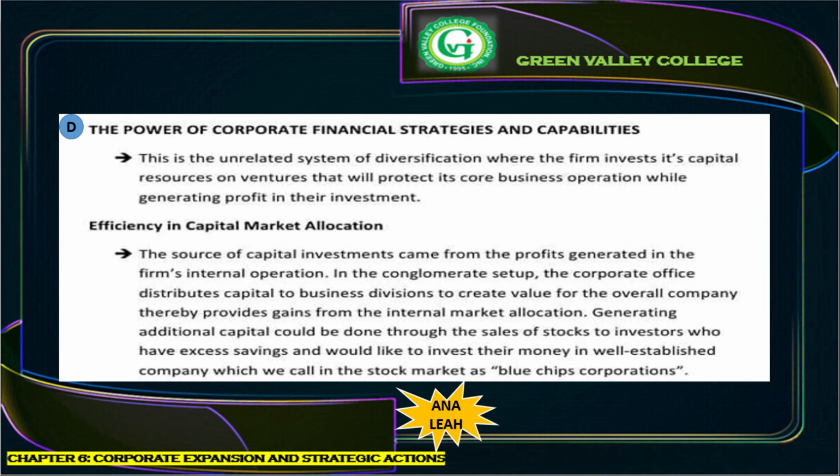Generating additional capital could be done through the sales of stock to investors who have excess savings and would like to invest their money in a well-established company, which we call in the stock market